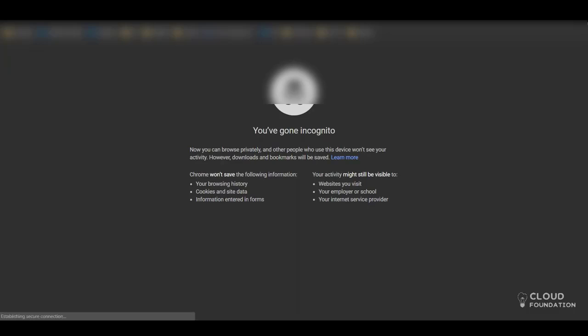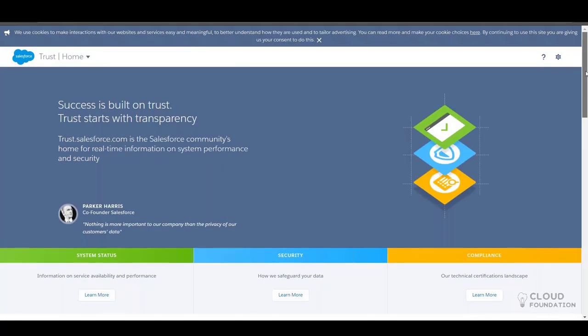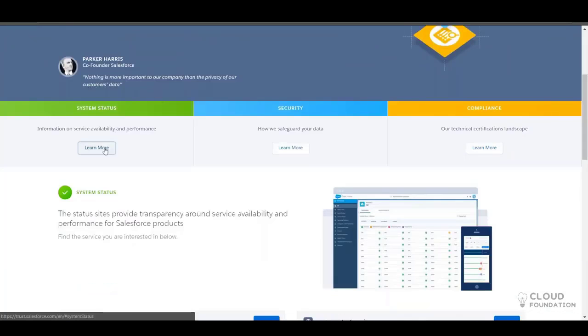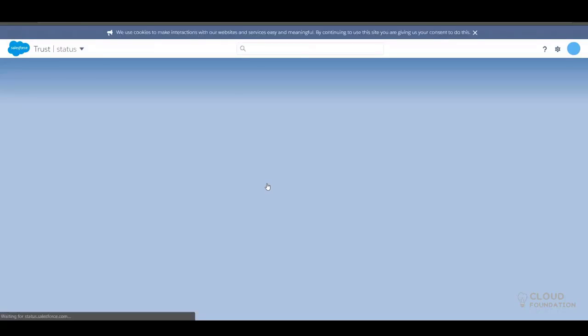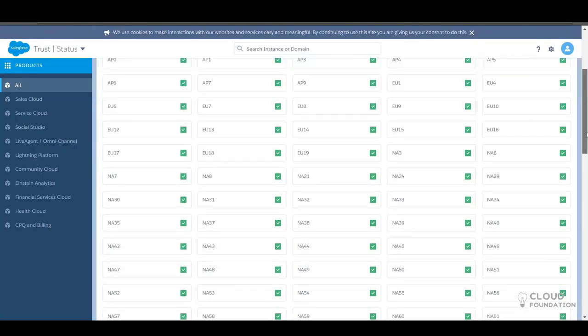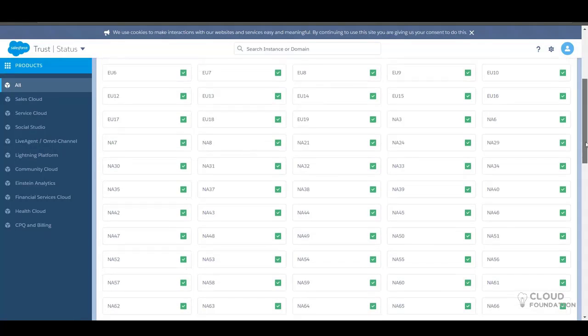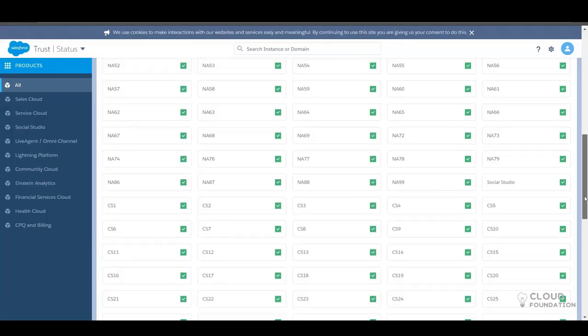Salesforce is hosted on servers, and we call them instances in Salesforce language. Let's say you are an American customer, and you bought a Salesforce license. Since your customer base is in America, your account will be hosted in the American region.